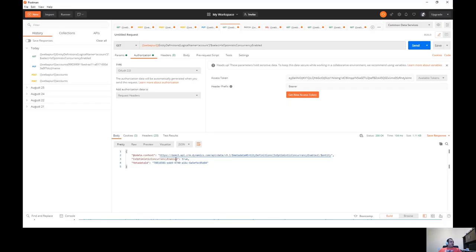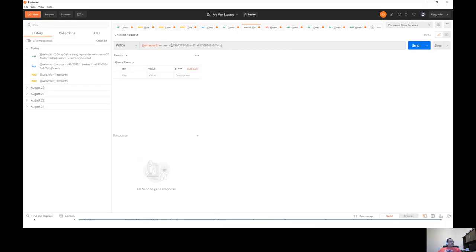So this is what it would tell me, that optimistic concurrency is enabled for this entity. And then for my patch, I will use the record that I just created.